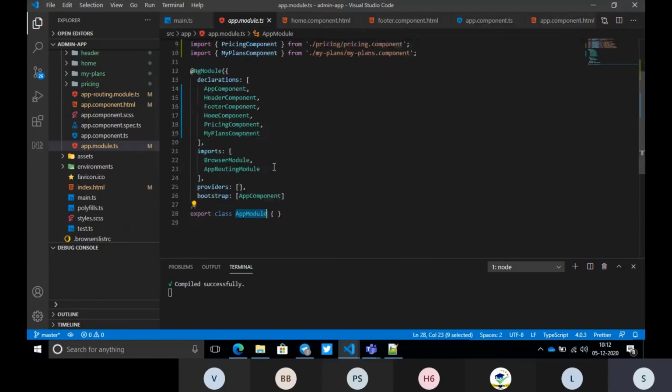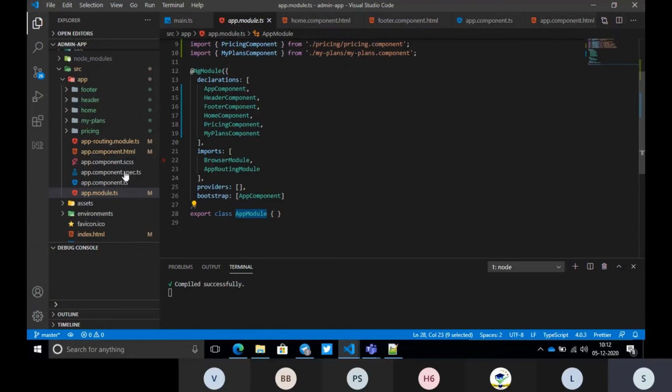So we have the app module here, and every project will have one module, or two or three modules also. If you have a larger number of pages in the project, they will create different modules for each part based on their project. So don't think we will have only one module in our project; we may have more than one module also. But even if we have more than one module, only one module can be at the starting point.